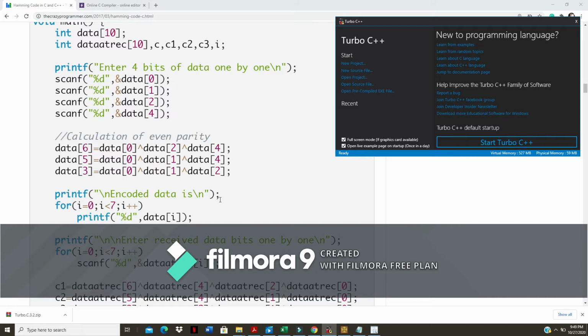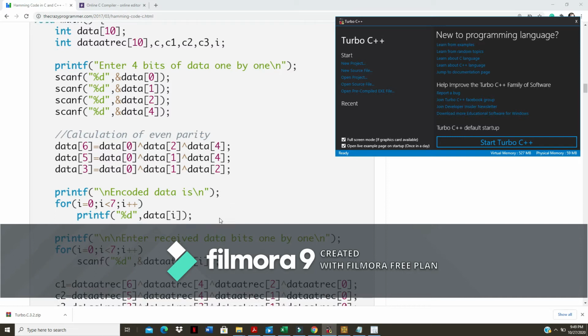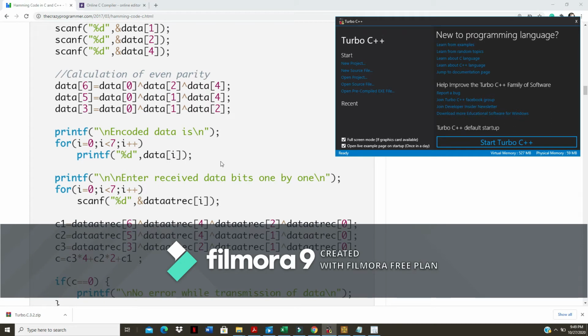You might be asking, if I add 3 more bits, then it is going to introduce an overhead, and it is going to occupy bandwidth. Yes, that is the disadvantage. But what is the advantage? By using those 3 redundant bits, the extra 3 bits along with the 4 bits, we can perform error detection and error correction. Okay, and so now we are getting the encoded data.